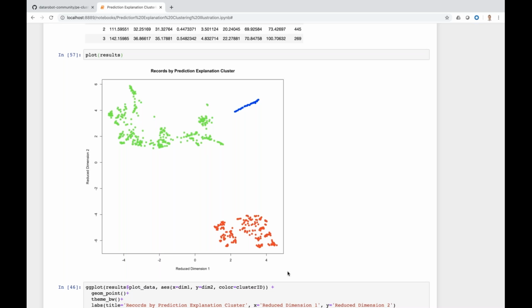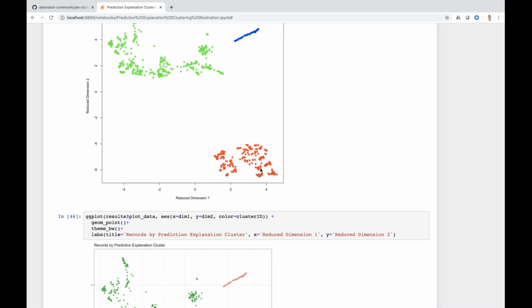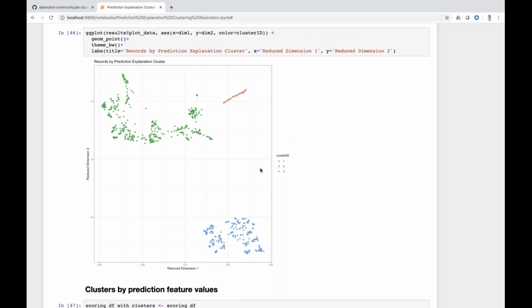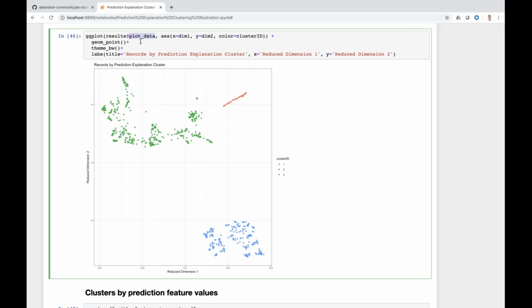So what you can see here is that for this data set we got three pretty distinct clusters, shown in the different colors. Now, by default, built into the package, it's just the standard R plotting. But of course, if you are a fan of ggplot, as I am, I make the data available for you in those results to plot with ggplot as well. So this is just the same picture in ggplot. So again, three clusters here.